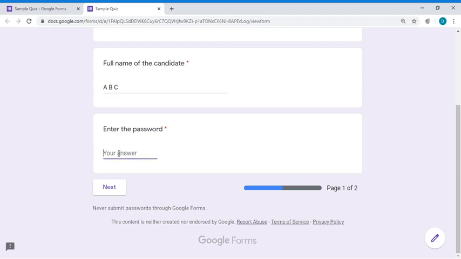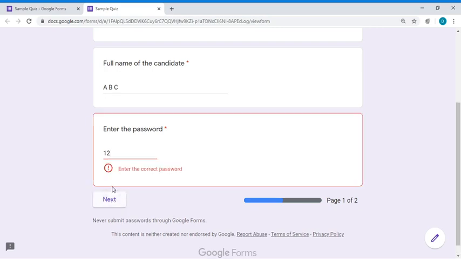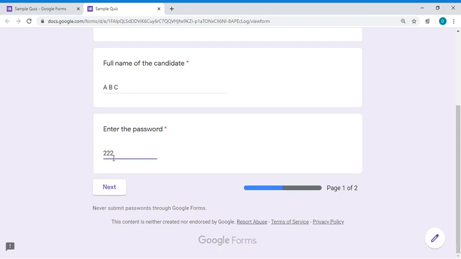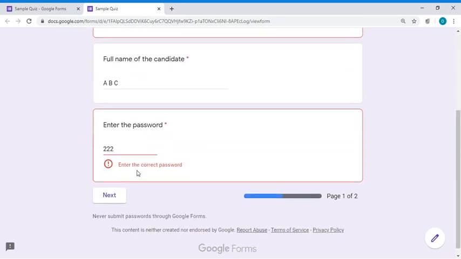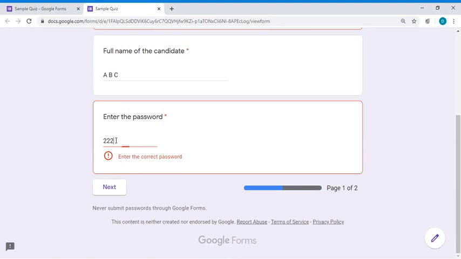Here I am going to check what the Google form will do after entering a wrong password. Say the password is 12. See what will happen. It is asking to enter the correct password. I'll again enter a purposefully wrong password. It is again saying enter the correct password.